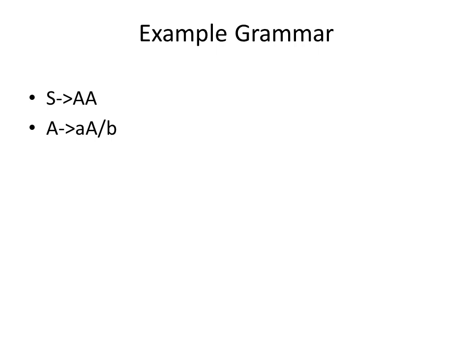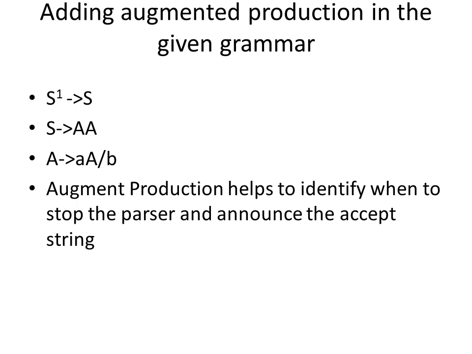Here, this grammar is called context free grammar. And if you check for ambiguity, there is no duplication in that grammar. So first step and second step are satisfied. Now we need to move on to the third step. The third step is adding the augmented production in the given grammar. We need to add the augmented production.